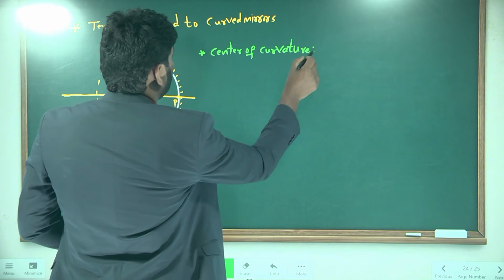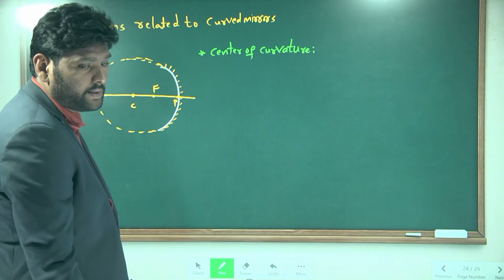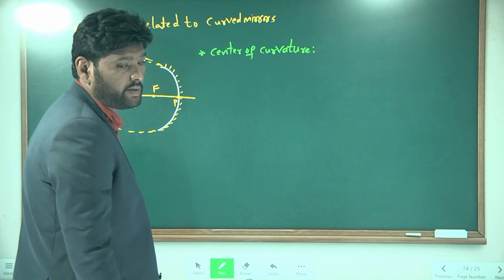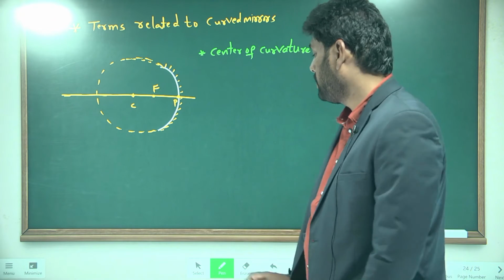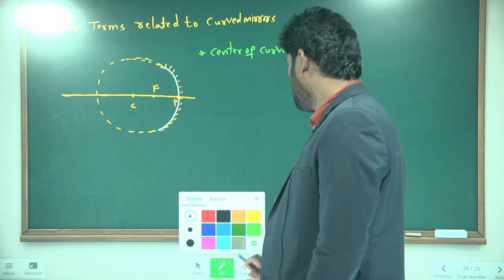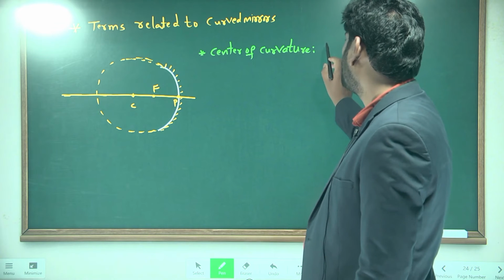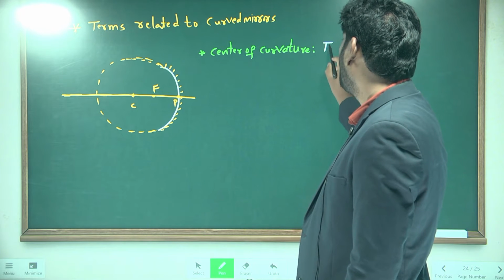First one is center of curvature. When this is the center of curvature, what is meant by center of curvature? Define the center of curvature. So how can you define the center of curvature? We can define the center of curvature as the geometric center